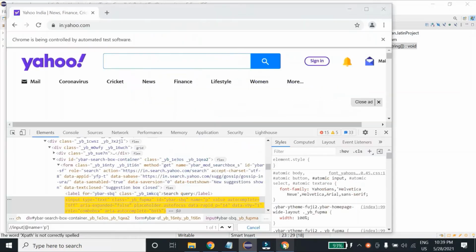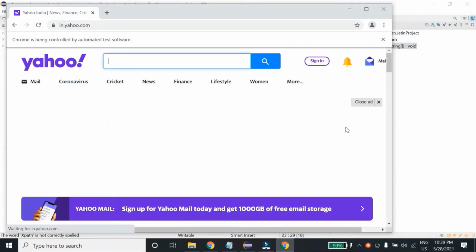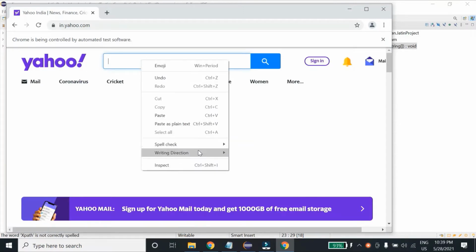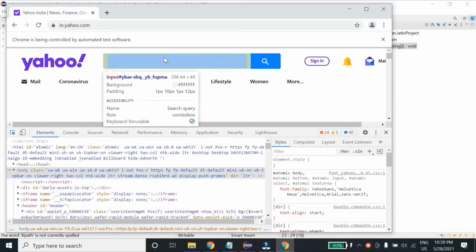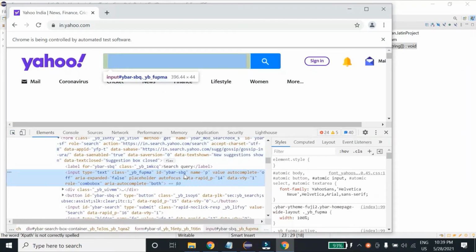Let's go to, say, the Yahoo website. So here you can see, if I inspect this, my ID is YBAR-SPQ. Let's assume that this YBAR part is fixed and the SPQ part changes every time we launch the website.